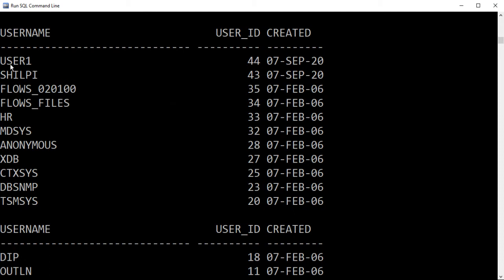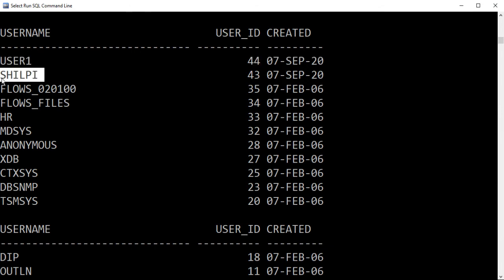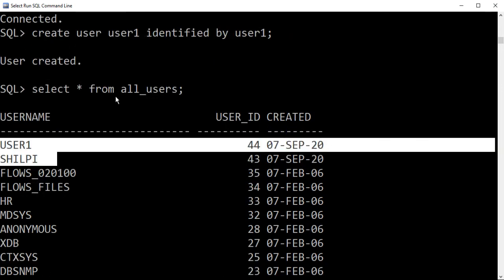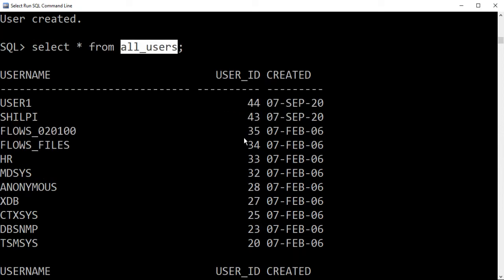The users created by us are first the user Shilpi, and the next user we created was user1. These are the newly created users of the system, and the others are previously created users. So all the users of the system can be listed using the command select star from all_users. This will help you to view the list of users in the database system.